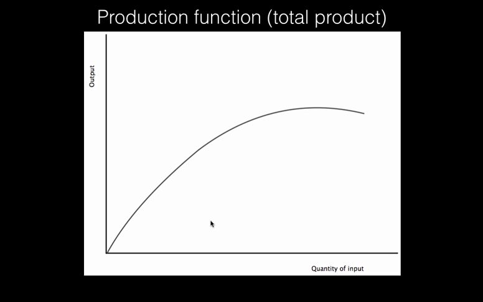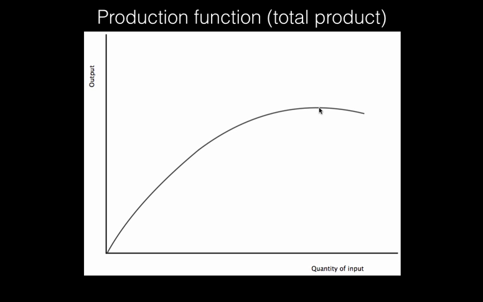So basically the reason why we hit diminishing returns is because in addition to my variable input, we also have a fixed input. So for example, this is a simple farm, and I'm just going to add workers. My workers are my variable input. But my farm itself, the land, is a fixed input, so I'm adding variable input to my fixed input. My fixed input isn't changing, at least in the short run, and so I'm just going to keep crowding my fixed input. I'm not going to be able to get more and more output as I keep adding variable input forever. So right away the addition is getting smaller and smaller, and then at some point I would actually reach